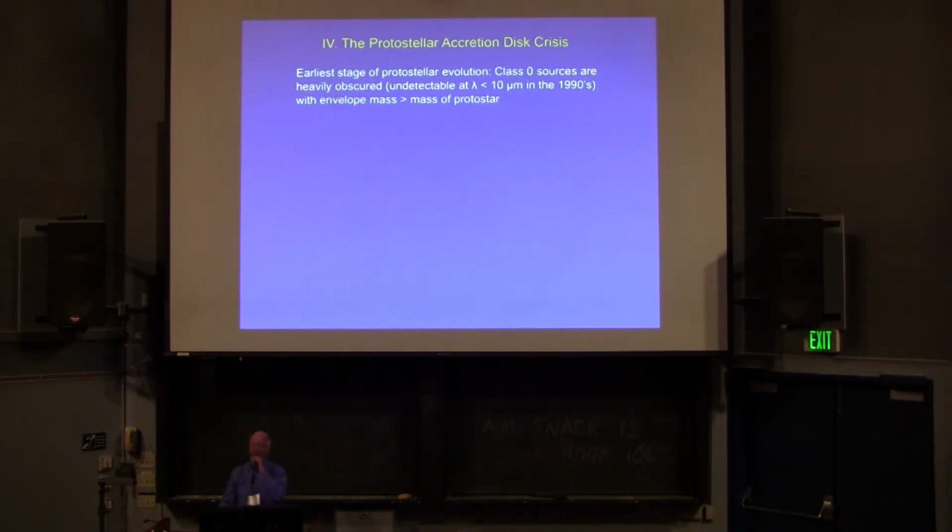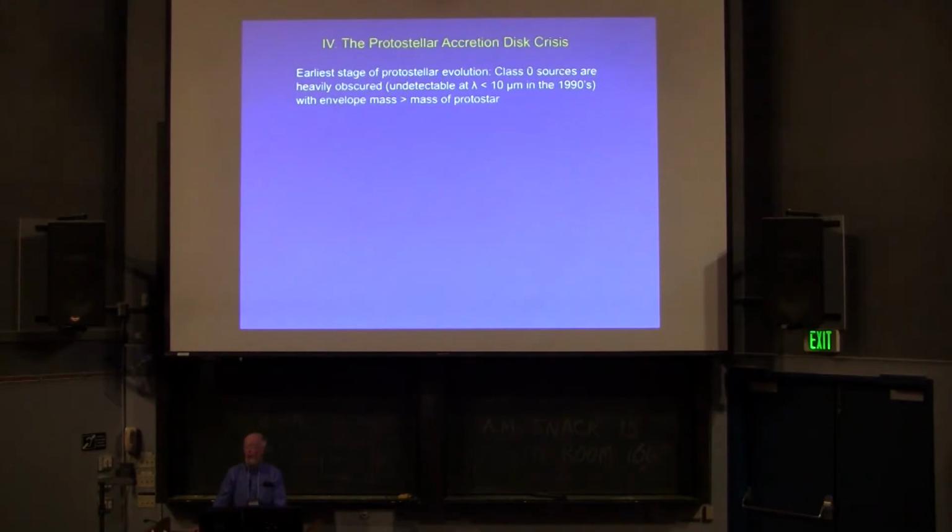Thank you, Mark. Okay, so observers divide protostellar sources into several classes based on their spectral energy distribution. In fact, I think Stella showed some yesterday. They then correspond very approximately to different stages in the evolution. The class 0, as you might imagine, originally they had classes 1, 2, and 3, and so they had to stick 0 on it after observations advanced to the point that they could actually see them. So these are invisible in the infrared using 1990s technology.